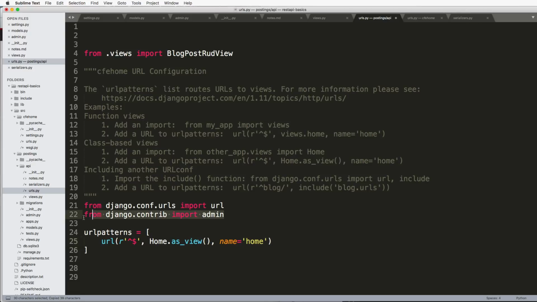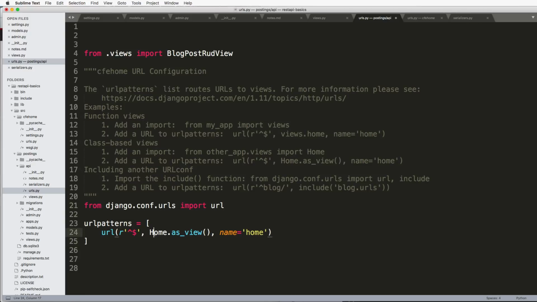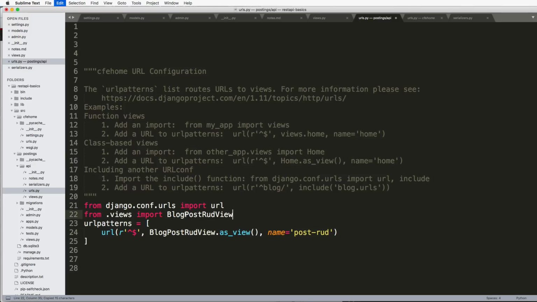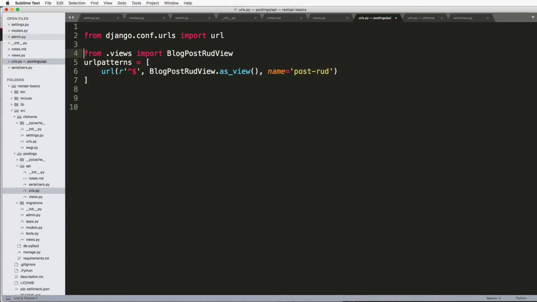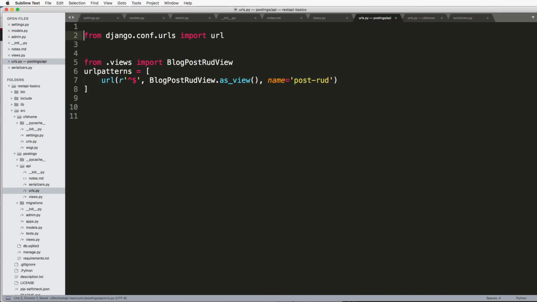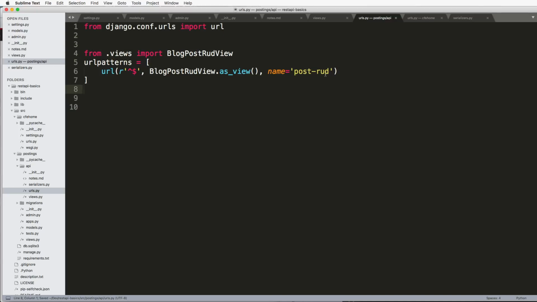I'll just get rid of the admin related stuff. And then of course it's not the home view, it's now the PostRUDView. And I'll call this post-rud. And I still actually want to import it, so let's make sure I do that. And let's get rid of these notes. And there we go. So we actually have our API URL set up, at least for the detail view,